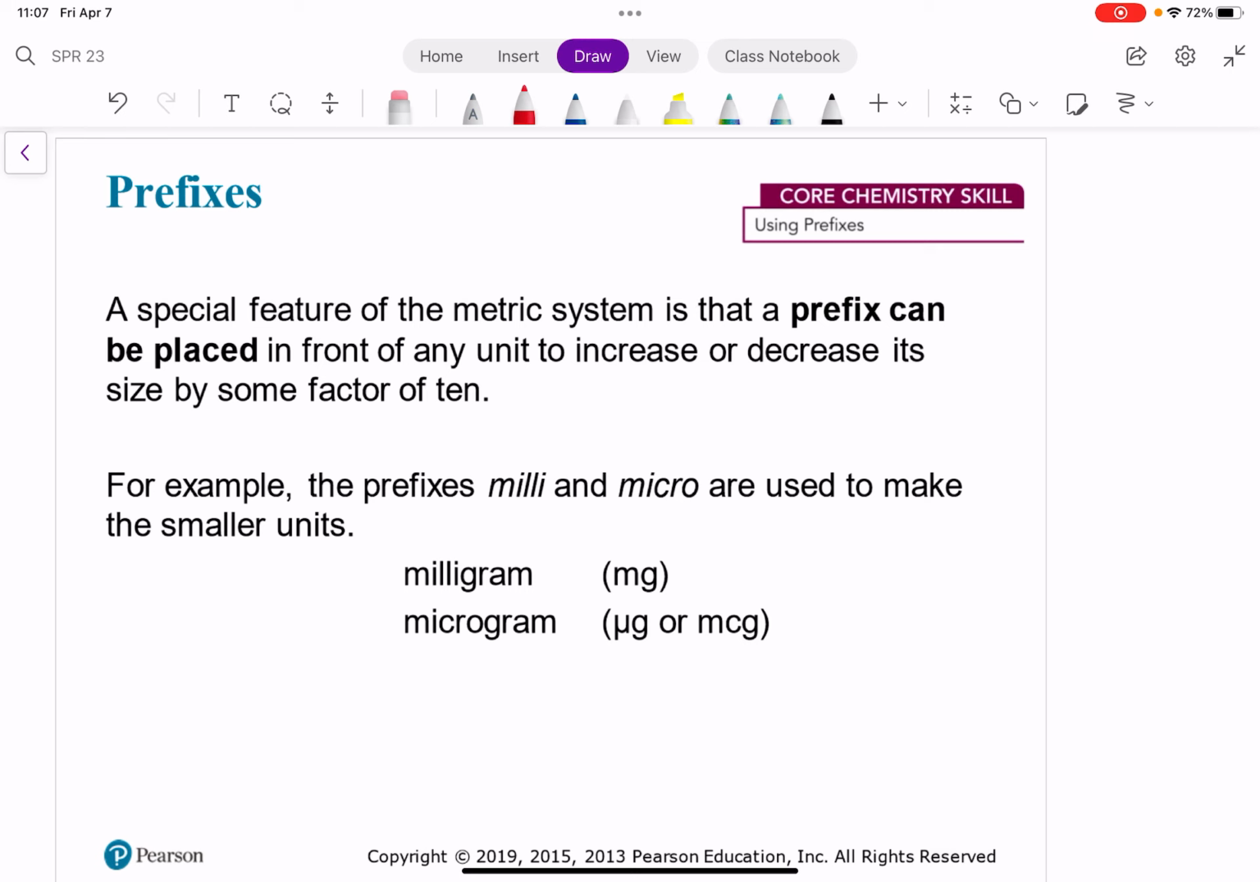Remember, in a couple videos ago we talked about different units for the metric system. So we had grams, which measure mass. We had liters, which measure volume. We had meters, which measure length. And then we had seconds, which measure time. And these are all what's called base units